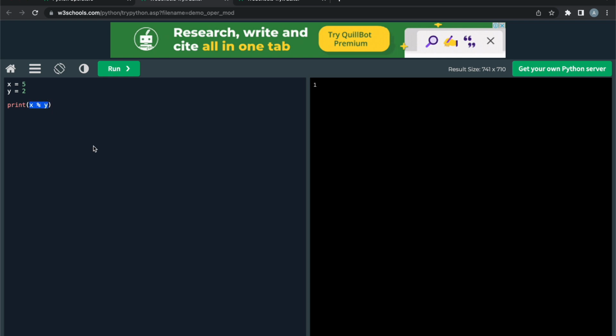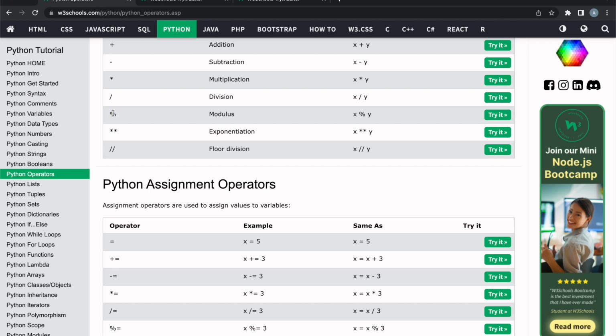Because if we do x divide y, we get the bhagfal, that is 2.5, right? But if you are interested in the remainder, you use this modulus, so then you get 1. So this operator is new, this modulus. We use it when we want to get the remainder. Okay,